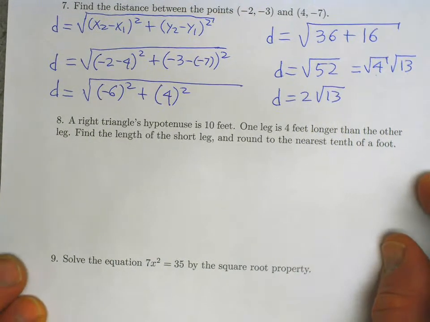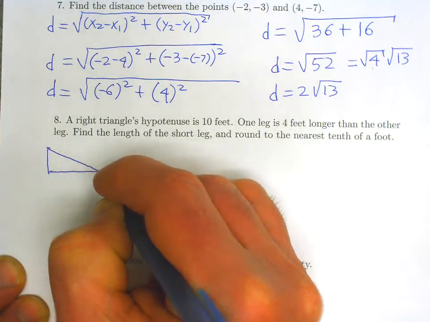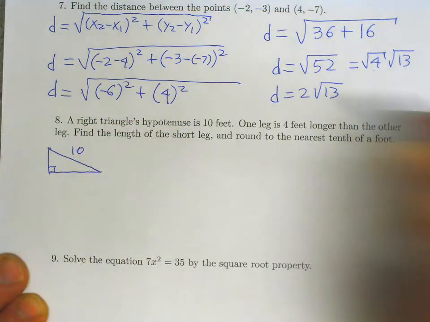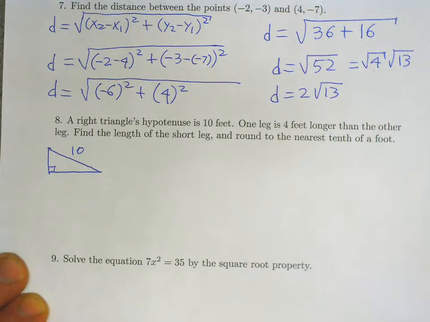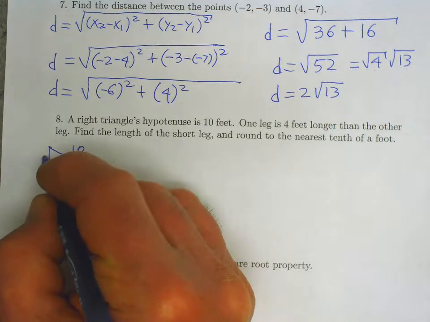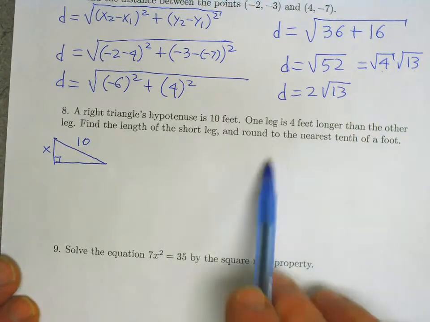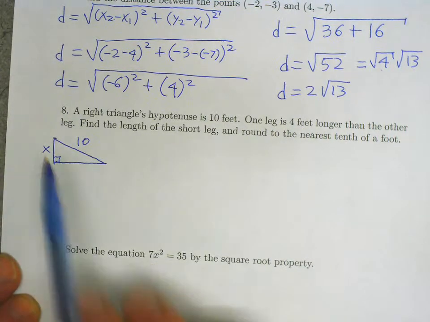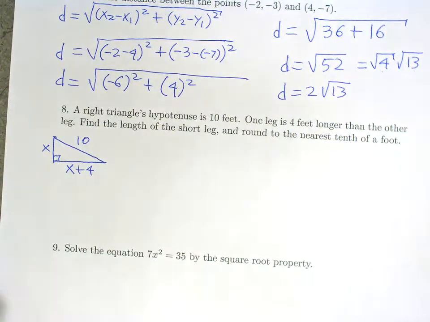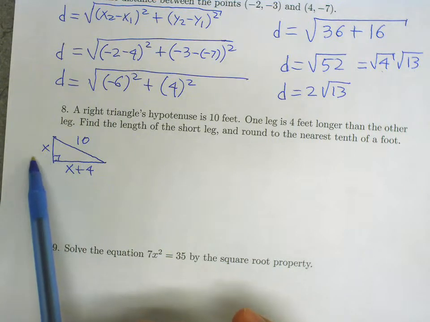Okay, so sketching a diagram might help for this right triangle. We're told that the length of the hypotenuse is 10 feet. And one leg is shorter than the other, so I'll label the short leg with x feet. And the long leg is 4 feet longer than the short leg, so we get x plus 4. And we want to find the length of the short leg, so the way I have assigned variables, we want